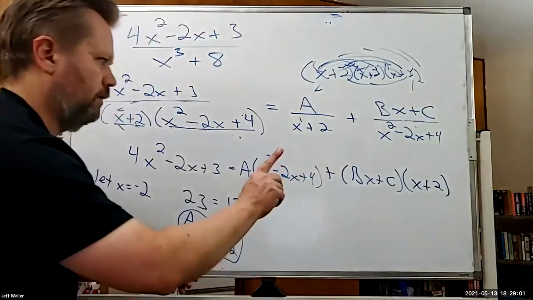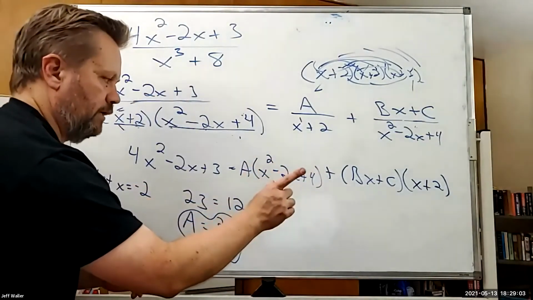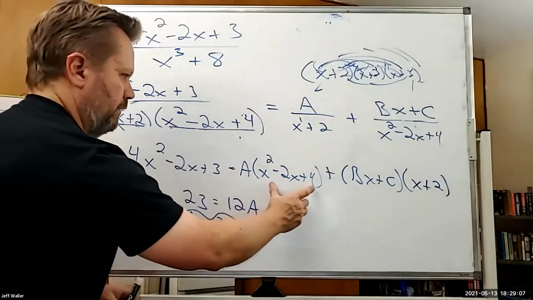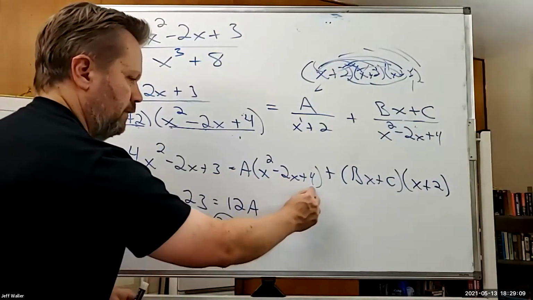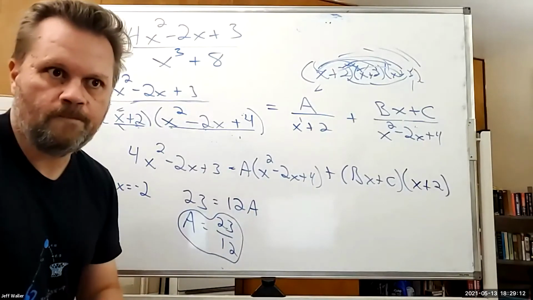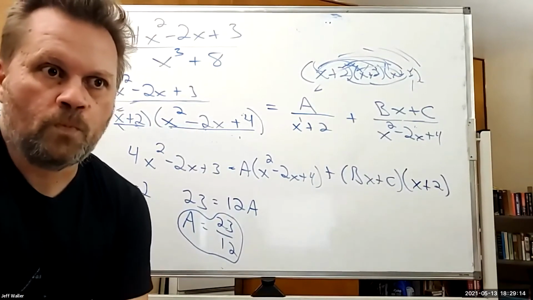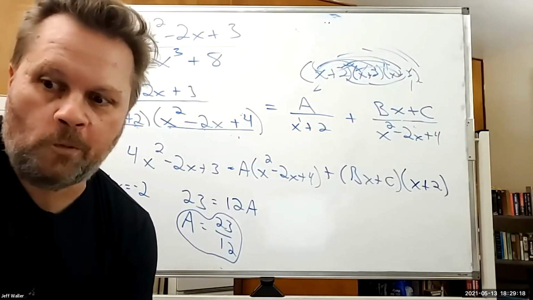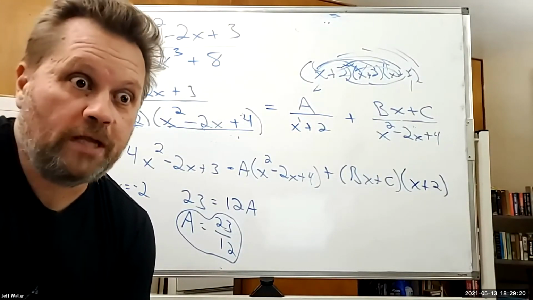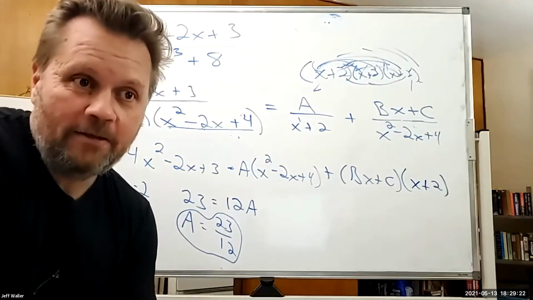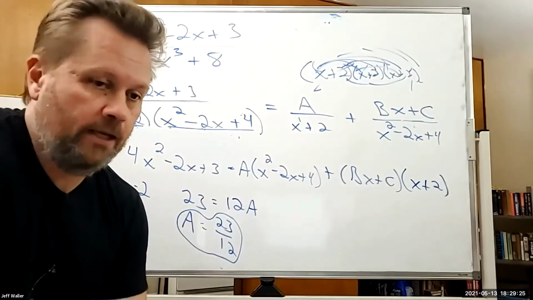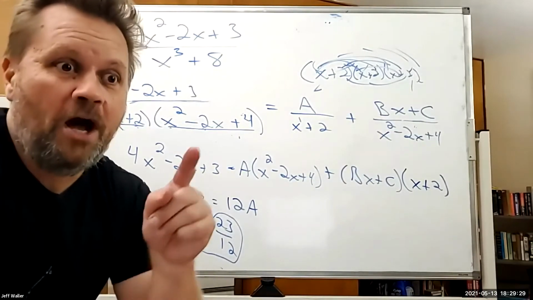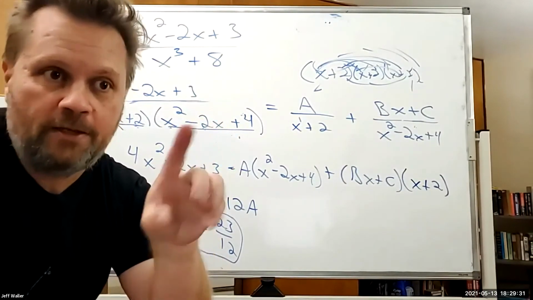Now here's the key. This is what I meant by this doesn't always work. Can somebody tell me a value of x that'll make this 0? No, stop trying. You can. You'd have to use the quadratic formula, and yes, you would get complex numbers. Forget that. So what I'm going to do instead